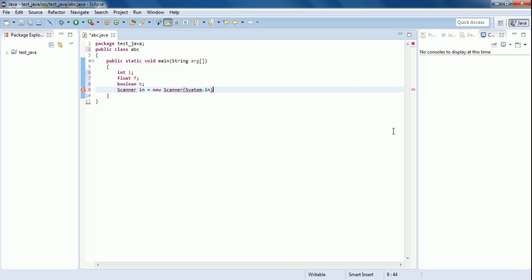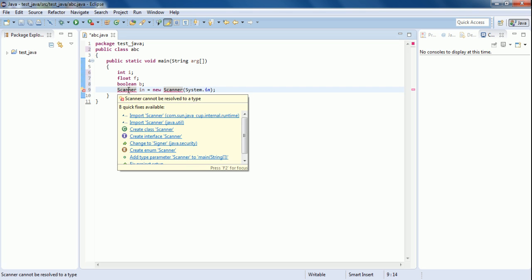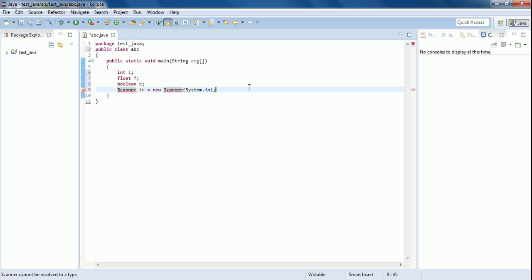System.in: system is a class and in is its object. So we are passing the system class in object as a parameter to the scanner. Now here one error is here, because since scanner is the predefined class, it must be declared in the Java